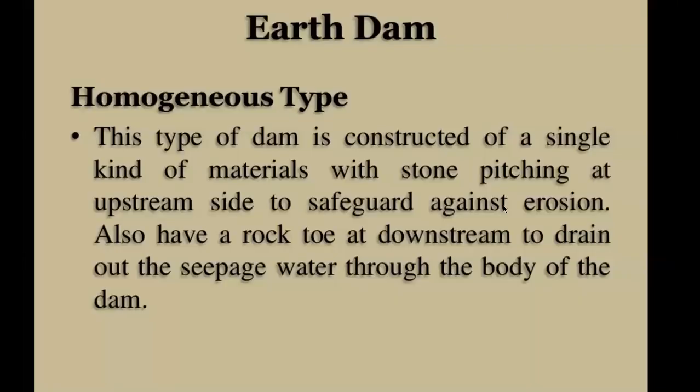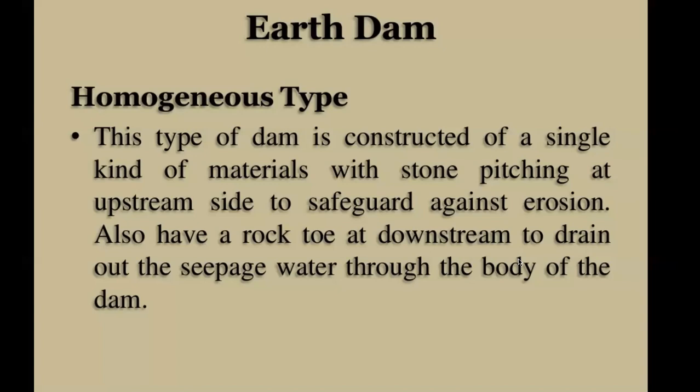So, what is an earthen dam? An earthen dam is basically made up of locally available earth materials like gravel, sand, and clay. So these are earthen dams. Now we'll classify earthen dams. We have also studied briefly about the first and second types of earthen dam, that is the homogeneous type and the zone type. What are they?